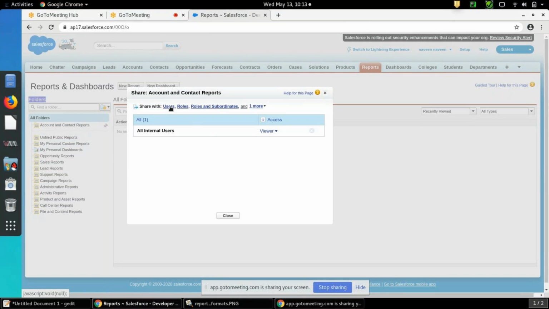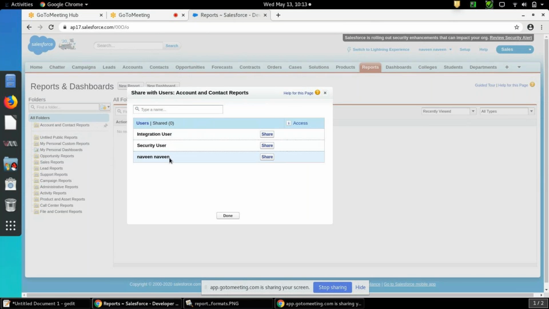So see, click on users, roles. See, you can share this access with users, roles and subordinates, and public groups also. Okay, let me click on roles. So these are the users I have. Suppose I want to share this with some security user. Click on share. On the left side you will see a quick dropdown. Here you can see viewer, editor, and manager.